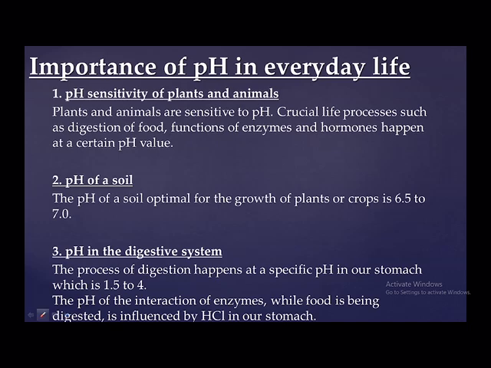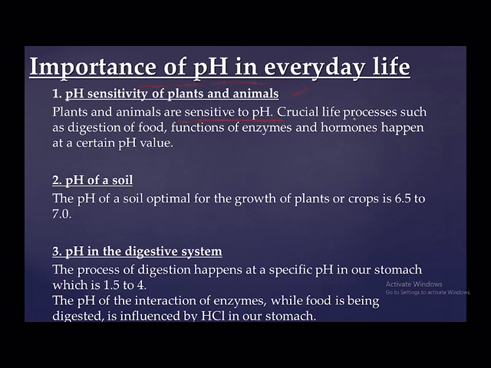So the next topic is related to the importance of the pH in everyday life. The first one is related to the pH sensitivity of plants and animals. Usually most of the animals and plants that we see tend to use the neutral pH. They do not prefer highly acidic or basic soil in the case of plants, or food in the case of animals. So that is the reason these plants and animals are highly sensitive